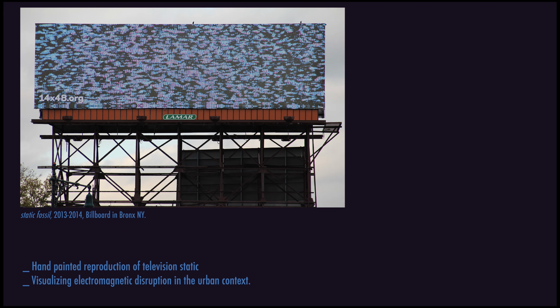So from this point of stills and a sequence, I thought to think about the space a little bit more. How does the sequence play out in a space? I thought that'd be an interesting approach to looking at this issue, turning it around a tiny bit. So I did a large-scale painting, a billboard in the Bronx, New York, a hand-painted image of static that was then placed on top of a building for people to consider and contemplate. This idea of disregarded information that's around us all the time is now made visible and there.